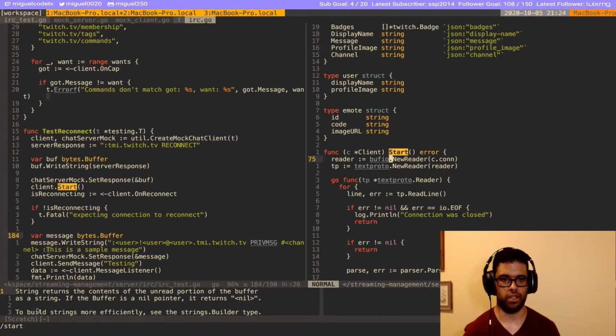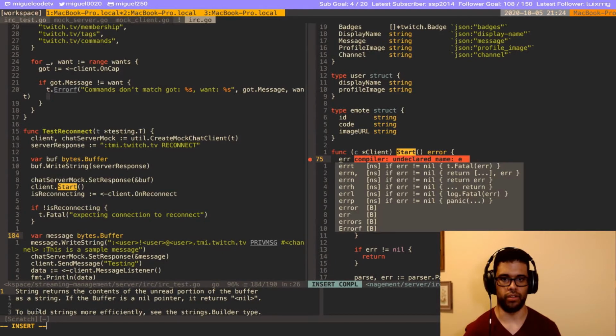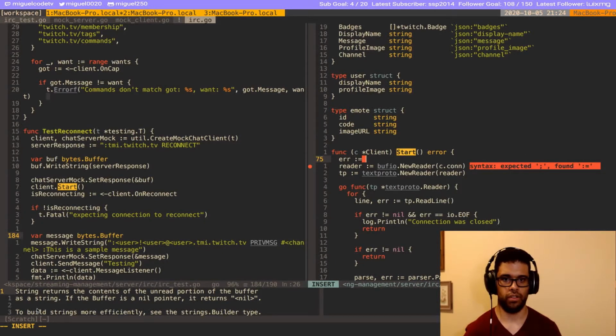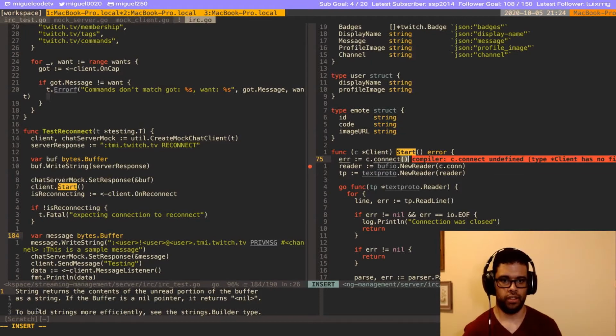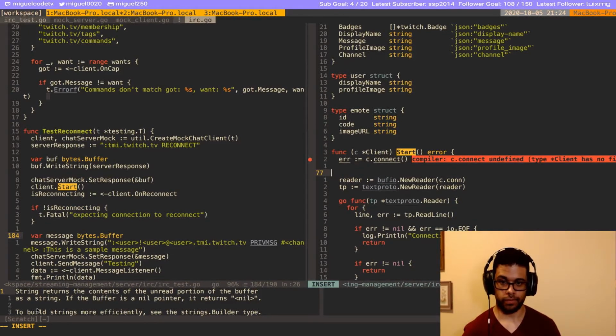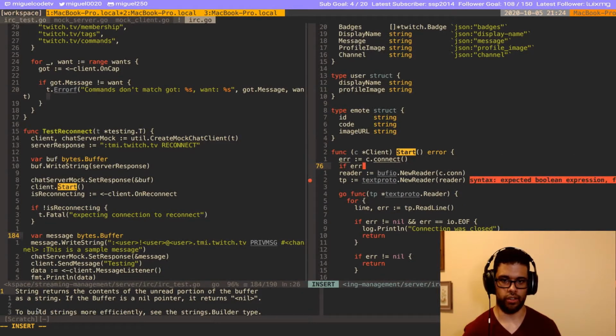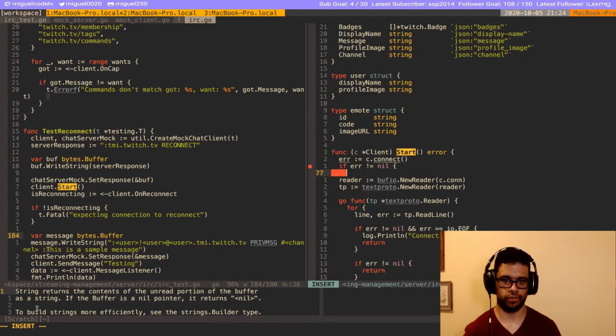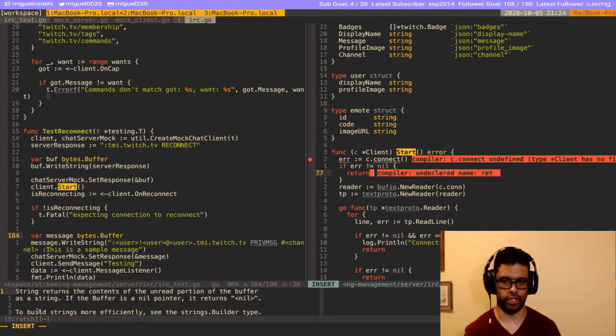Okay, so here we want to do, should be okay, so I'm gonna have to fix that. Okay, and then if error is not nil, we are just gonna return the error.